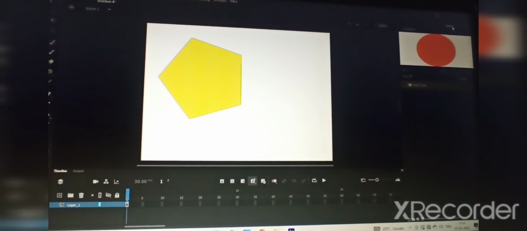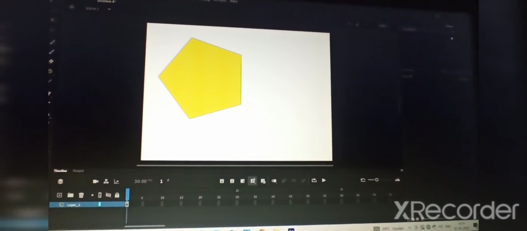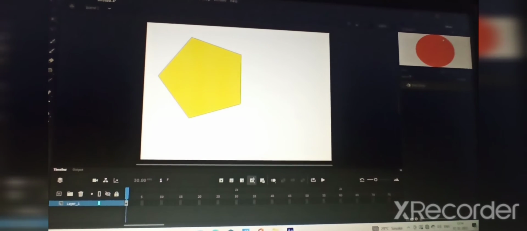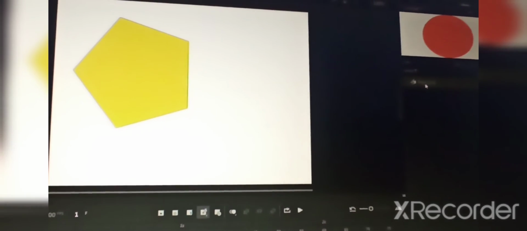Now here you can see the symbol is there. In the library it shows you the name. So you choose that, and from there your red circle appears. The name will appear as red circle. Now when you want to add this symbol to the stage, just select it and drag it over. The instance of the symbol will appear on the stage. Got it, how to insert an instance of that symbol? Okay.